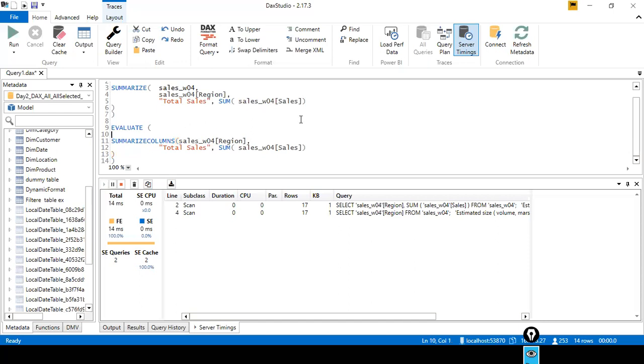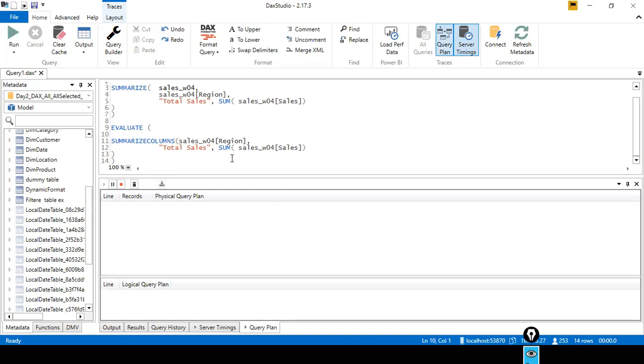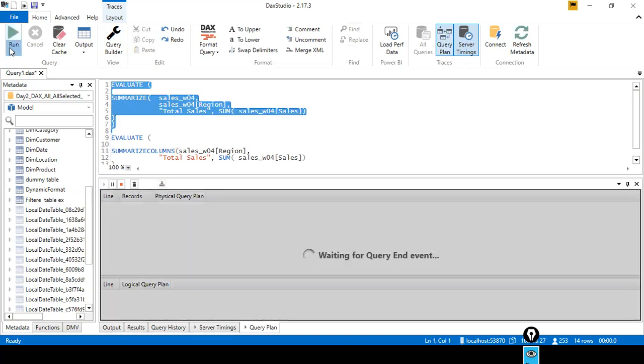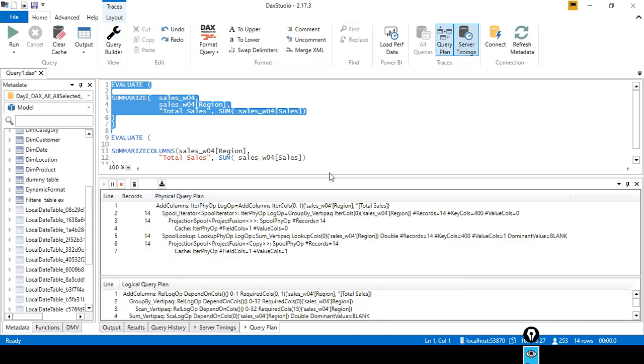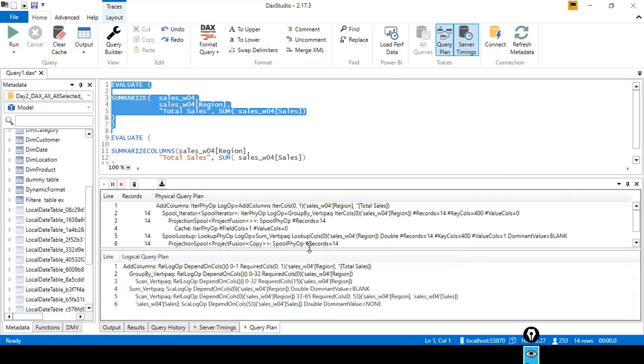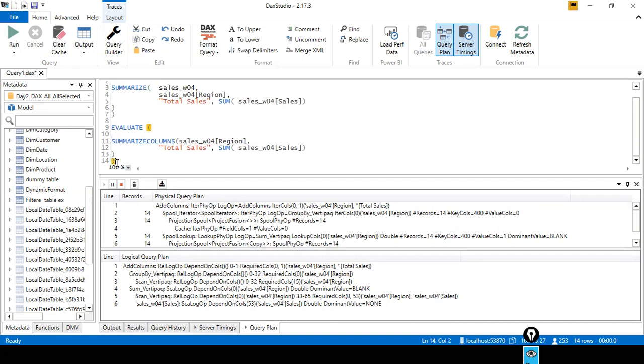And then if you want to see the query plan, you can click on the query plan, and you can see the query plan here. Again, you need to execute this one to see the query plan, because it was not aware of what we did. And if you see here, in the logical query plan, the sum of it does the VertiPaq region, and then what happens here, the sales again. Sales W0, it scans the VertiPaq memory, and then region and sales, it requires this one, and then it does this one. Whereas if I execute this,